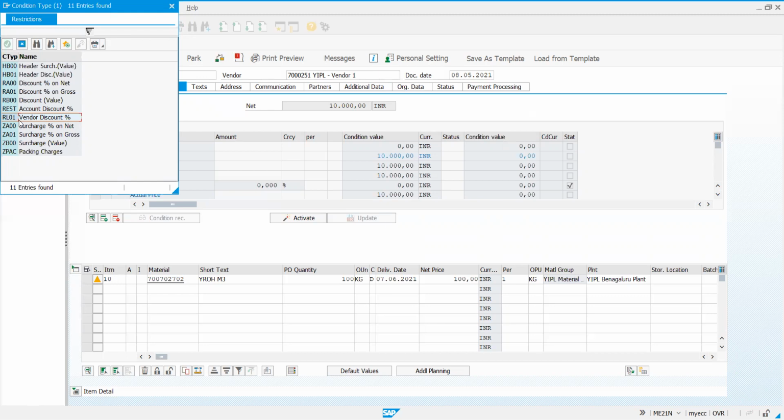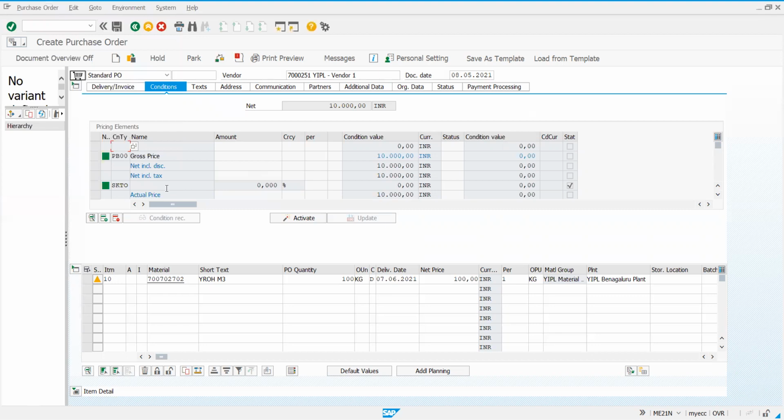It's taking a while to load. It's not allowing, probably I need to configure it. Let me just attempt again.